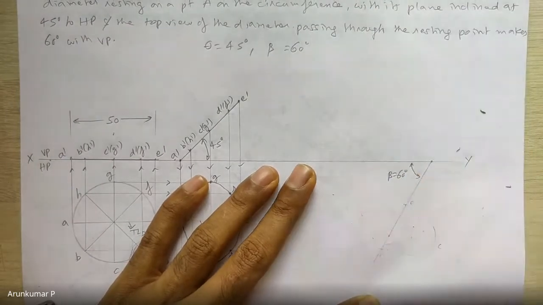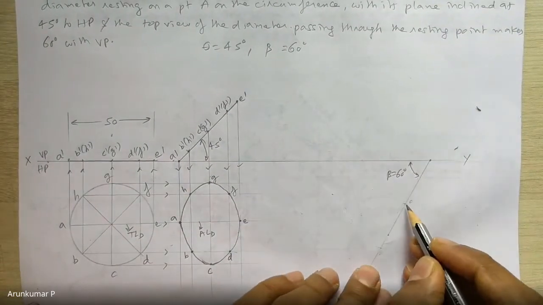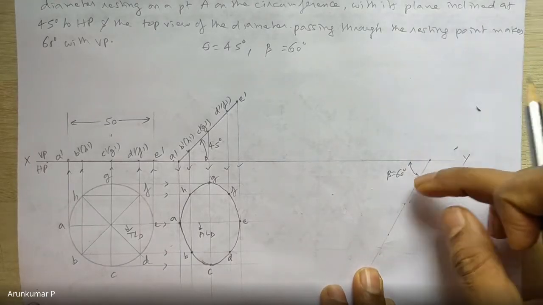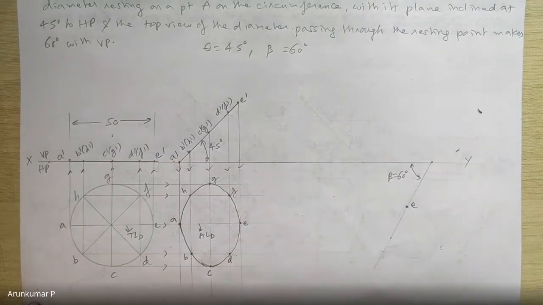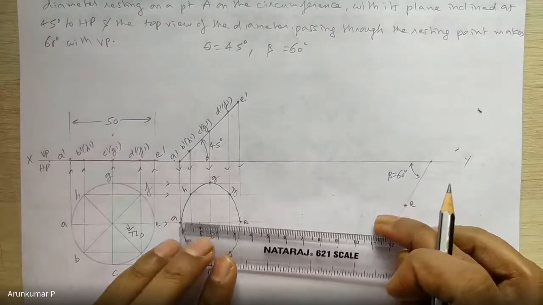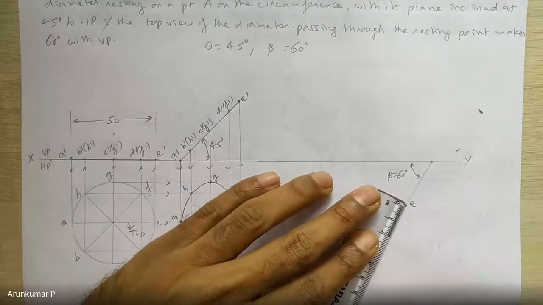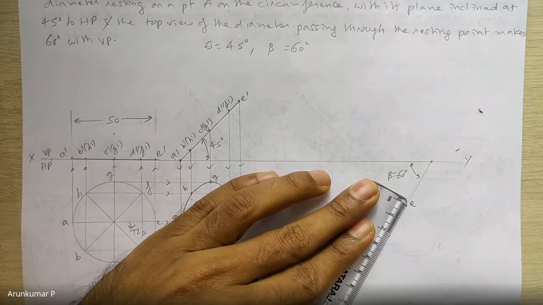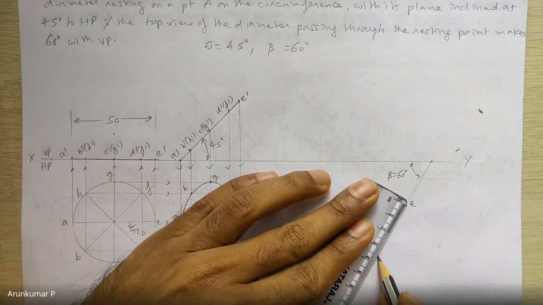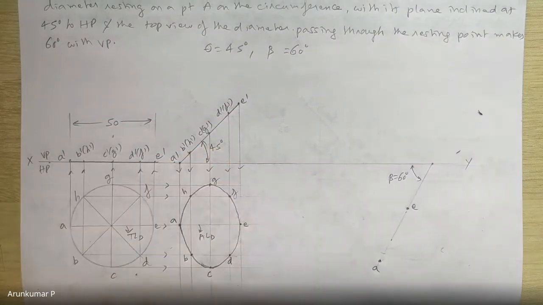So I'll start with the point E because that is important. Mark some distance below the XY line and you can mark the point E. Then measure this distance with the scale or rounder, around 35 mm. You can locate A. So 35 mm away, you can locate the point A. So maybe it is somewhere here. So you have AE done.